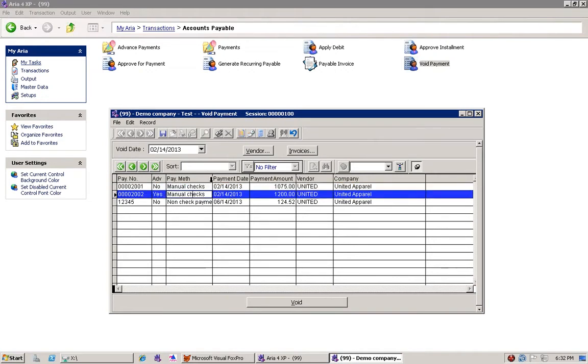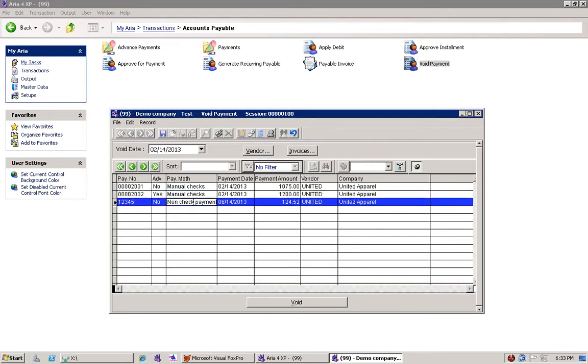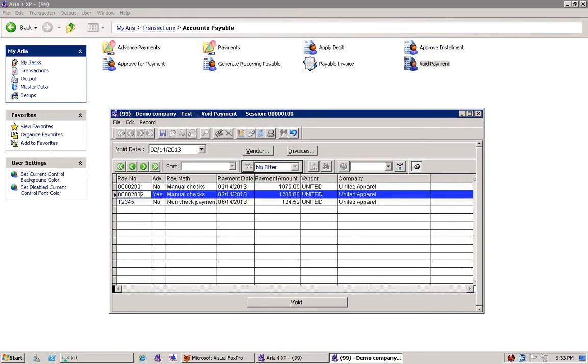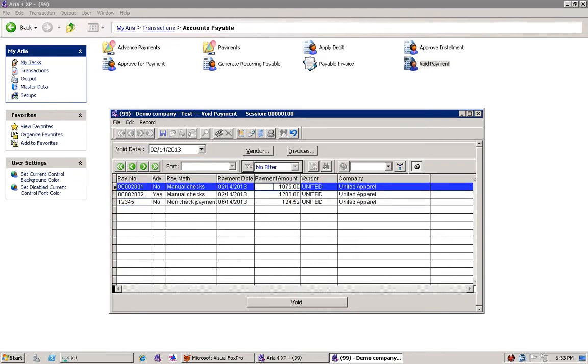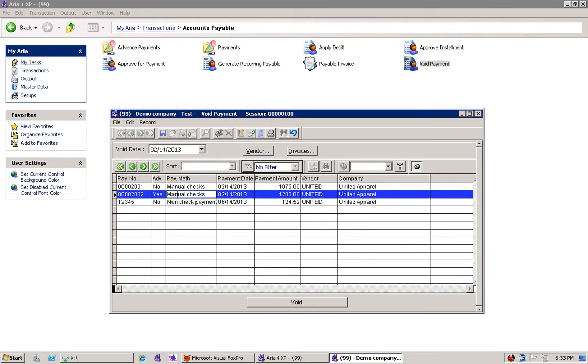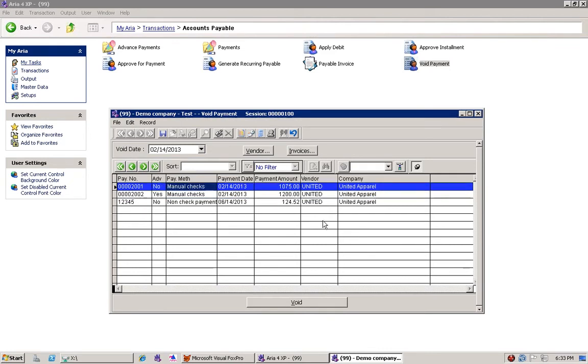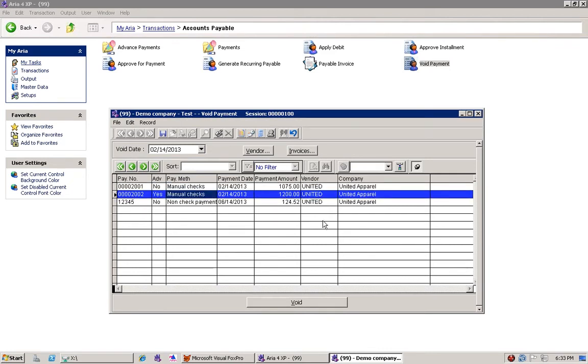So it tells me here the payment method. How did I pay that specific payment record? Is it a manual check or non-check payment? The payment document number, which could be a check or a wire transfer, payment date, payment amount, and the vendor name. So I simply need to locate the check number or highlight it that I would like to void